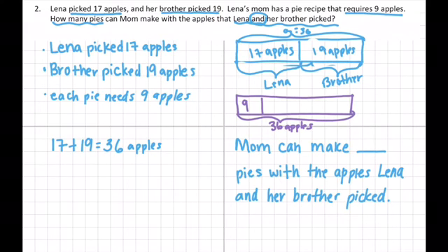What I need to find out is P. How many pies can she make? That's our unknown now. So now, remember in a division sentence, and this is also my second clue that I'm dividing, is because I know how many I have in all. So now I can come over here and I go 36 divided by 9